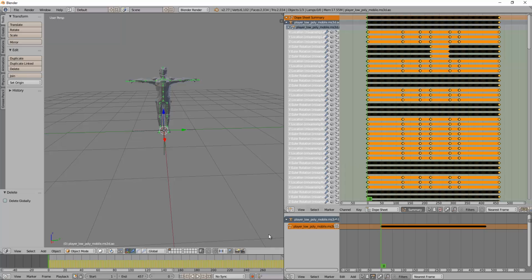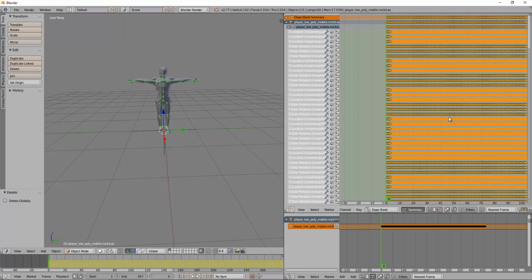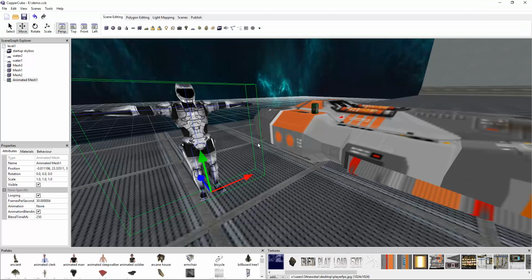The max is about 450 frames. So what we're going to do is go frame per frame and just check where these animations go. So that's a T-pose. His look around pose starts at frame 3,